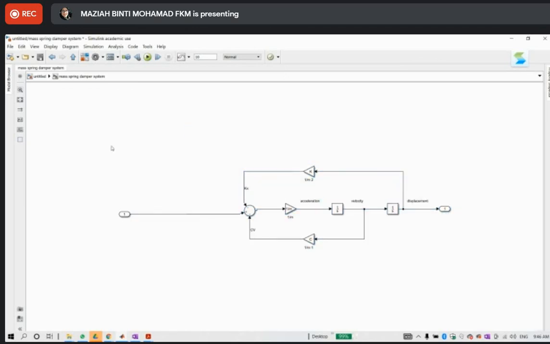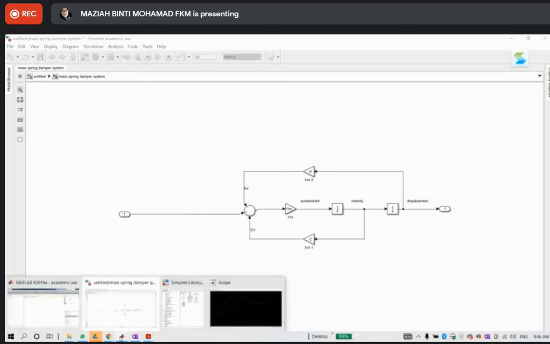You should be able to do the analysis in terms of time response analysis, because we already learned about time response analysis. Discuss the response and then plot the graph. Okay, maybe you need to compare the graph, and so on. Okay. Last one, I think I haven't shown you how to